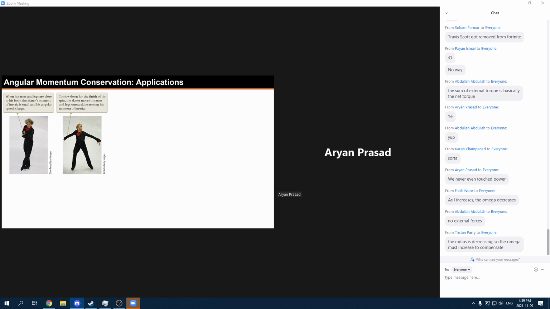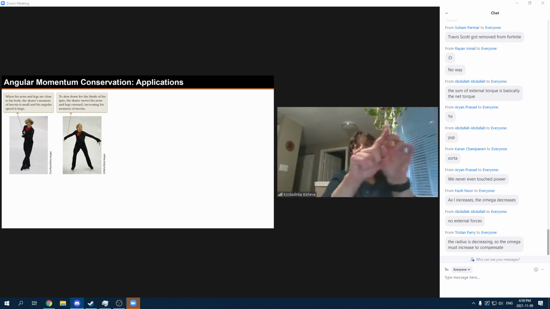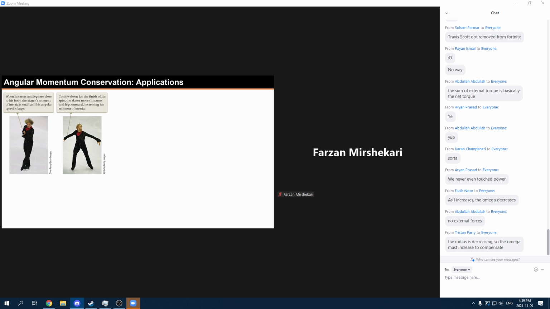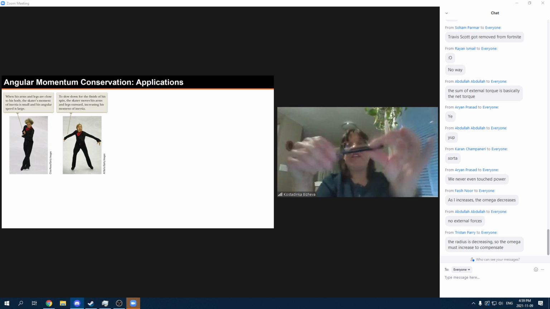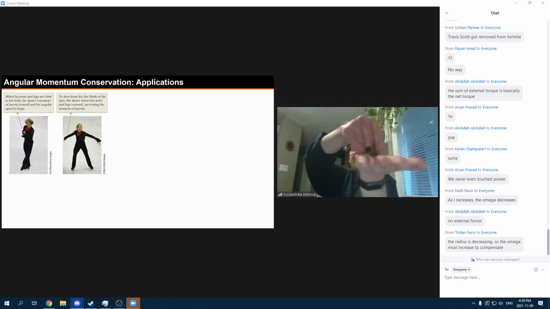Okay? And this only happens because you have an edge, right? It's not because it's curved. But let's imagine that the edge is like the pen here. So when you start spinning the pen on a surface like this, your axis of rotation is going to be at one end of the pen, right? So that means